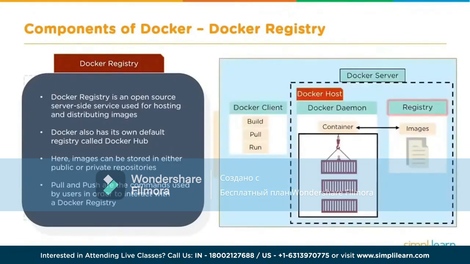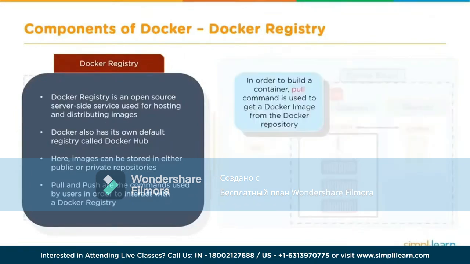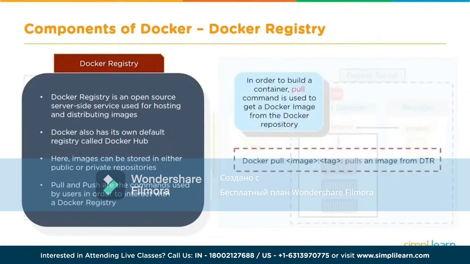The way in which you connect with the Docker registry is through simple pull and push commands that you run through the terminal window to get the latest information. So if you want to build your own container, you'll start by using the pull command to pull the image from the Docker repository. And the command line for that is fairly simple. In the terminal window, you would write docker pull, and then put in the image name and any tags associated with that image and use the pull command. So in your